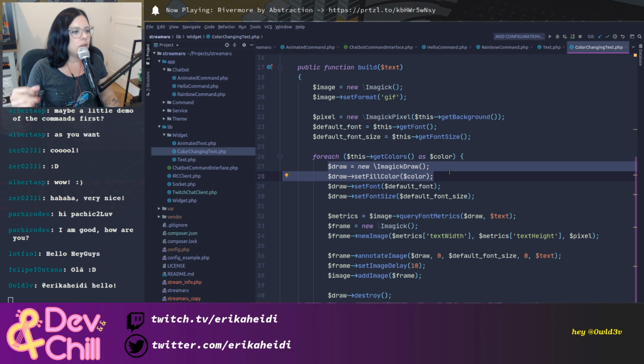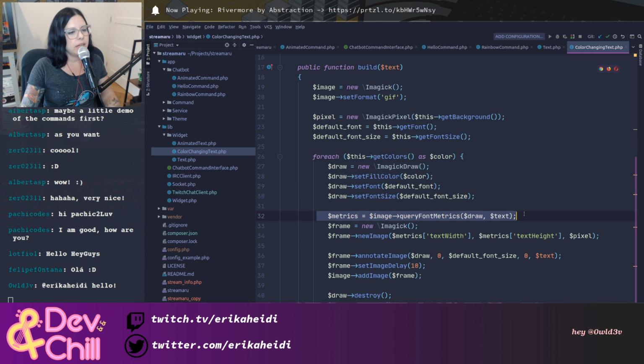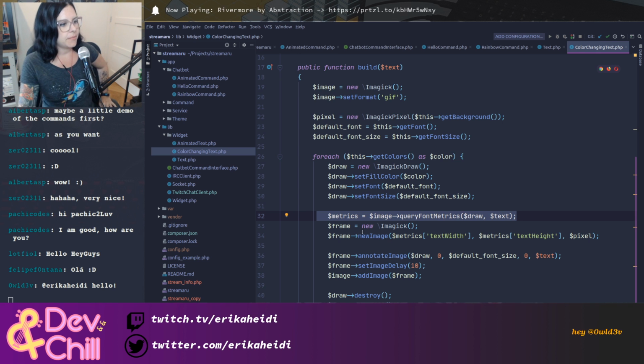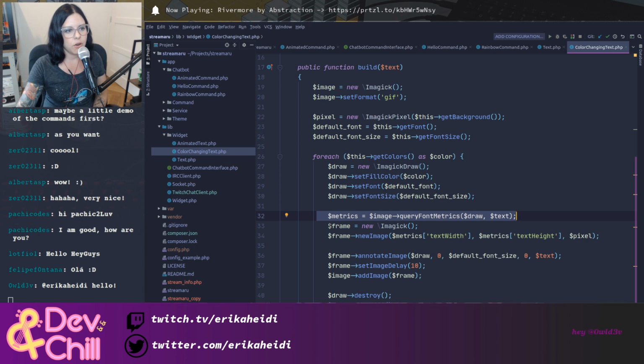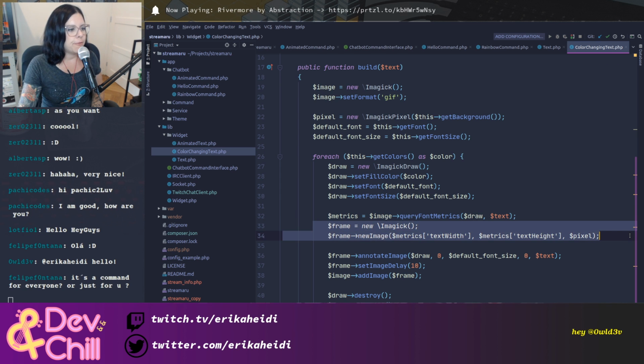And we set the fill color, font size, and this is to calculate the size of the image, because we have this method, queryFontMetrics, that we can obtain the space that the text will occupy, so we can create an image that fits that space. And then we create a new frame. So each frame is a new Imagick object, and you create the frame, and for each frame,